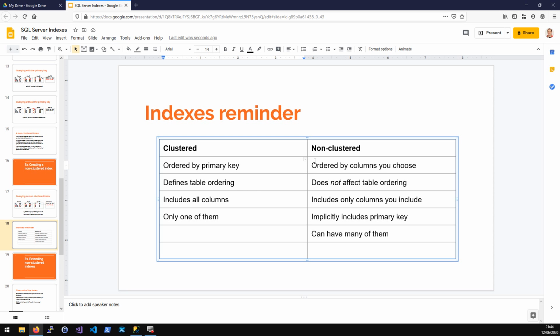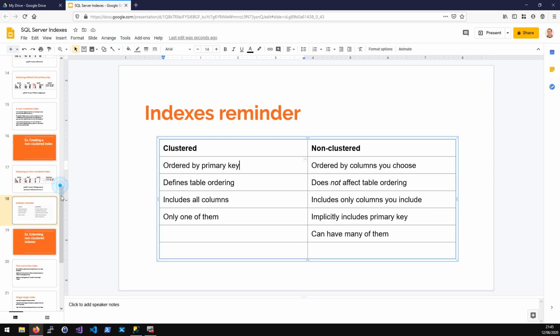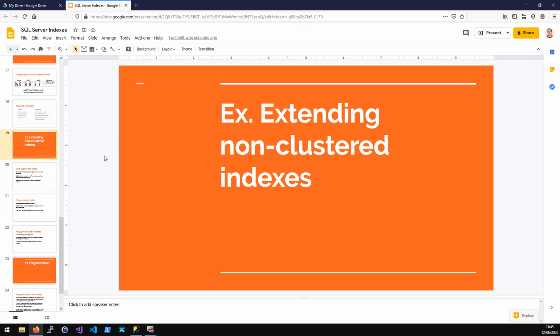And then a non-clustered index, they're ordered by the columns that you choose. So you design them to make your queries work. It does not affect table ordering because that's purely defined by the clustered index. And it includes only the columns you include rather than all of them. We noticed already it implicitly includes the primary key, which is very helpful, but only when selecting, not when doing your where. If you have the primary key in the where clause, then either use the clustered index like normal, or add it to the actual index itself. And you can have as many of them as you like, or you don't have to have any of them. So